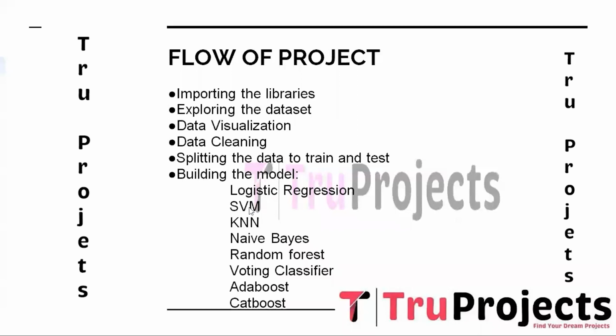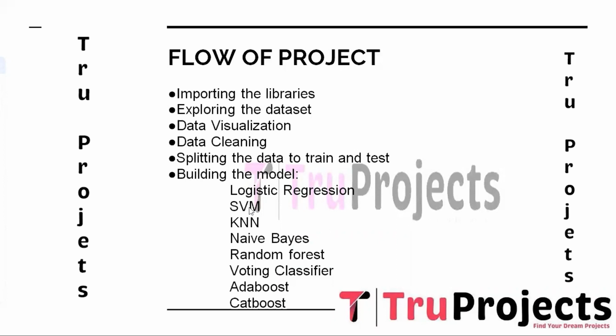And the second one is SVM, which stands for Support Vector Machine. It is a powerful and versatile classification algorithm used for binary and multi-class classification tasks. It finds the optimal hyperplane that best separates the different classes in the feature space. The hyperplane is chosen such that the margin between the nearest data points of each class is maximized, providing better generalization to unseen data. SVM can handle high-dimensional data and is effective even when the data is not linearly separable by transforming the input features into a higher dimensional space using the kernel function.